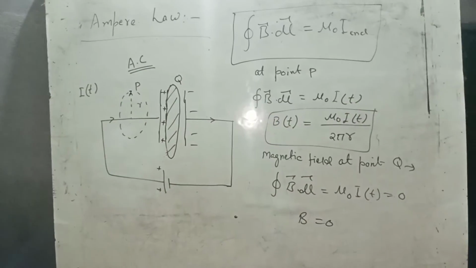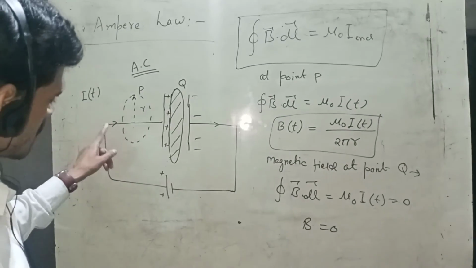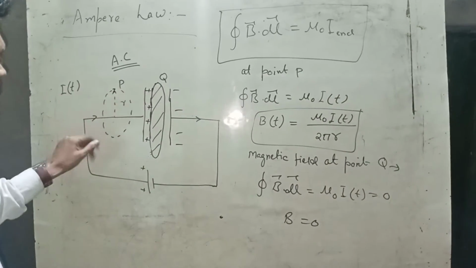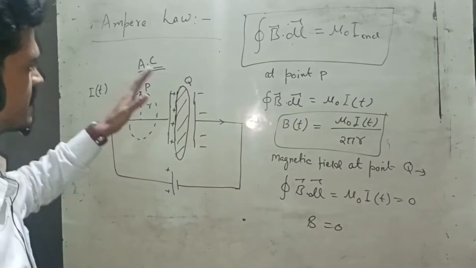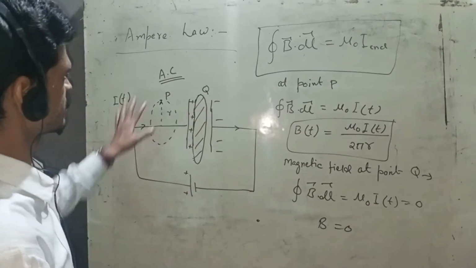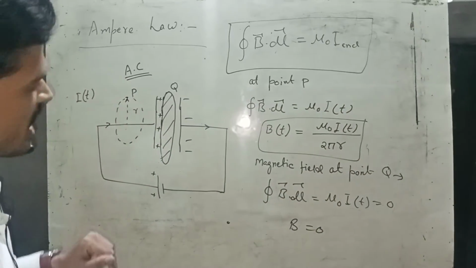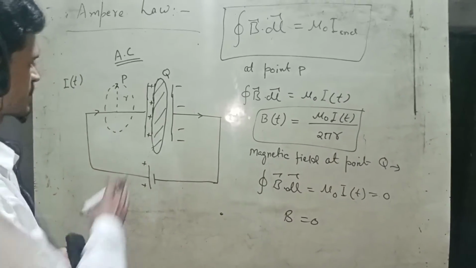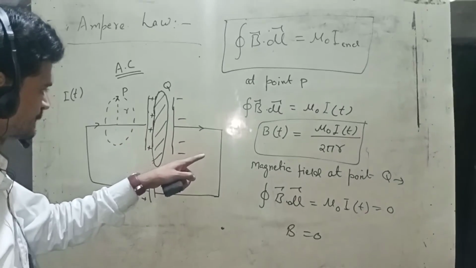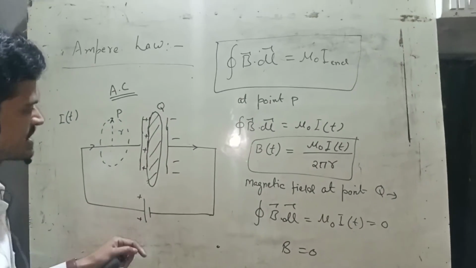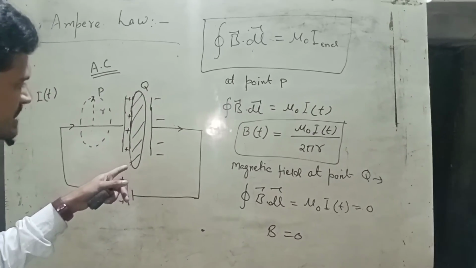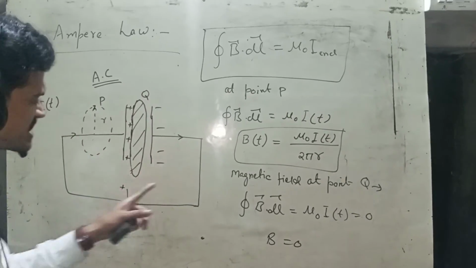So my question arises here: if current is flowing in this direction and it is DC current, we have seen that after the capacitor is fully charged the current stops and there is no more flow of current. So what happens if this is AC current, meaning my current is time varying? That won't happen. We have seen experimentally that after some time current is also flowing inside this space, which is not a conducting material. This is fully space, but current is still flowing.